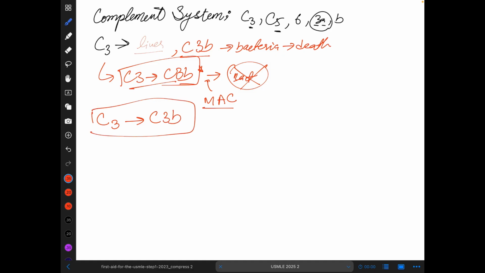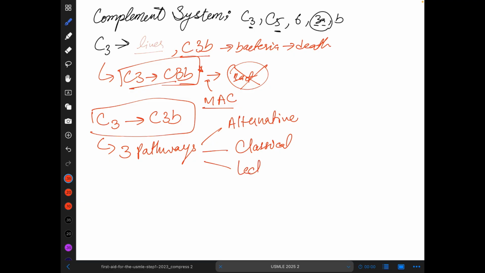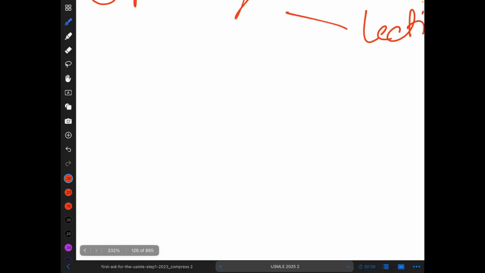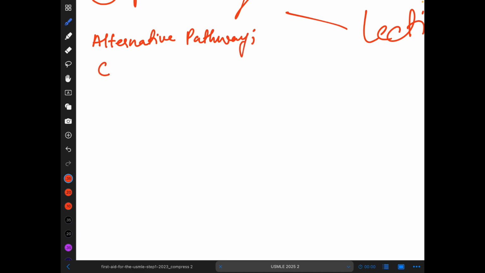And for this conversion, we have three pathways: alternative, classical, and lectin. First, we are going to talk about the alternative pathway. In the alternative pathway, what is going to happen, how is the activation going to happen? So, C3 to